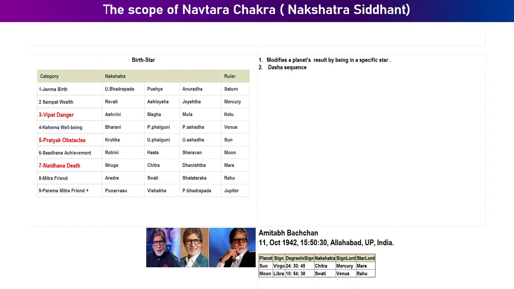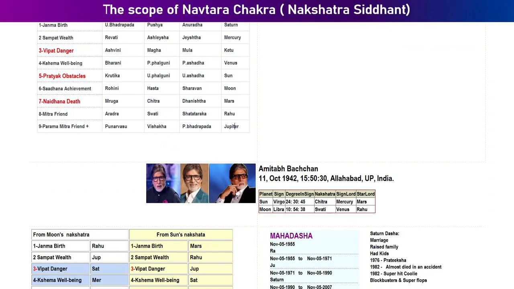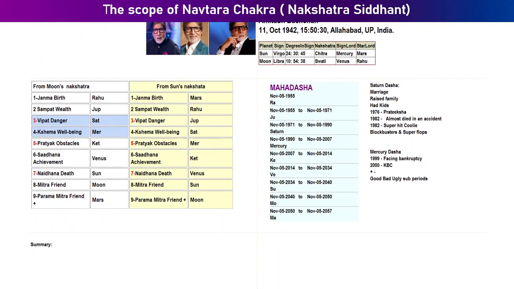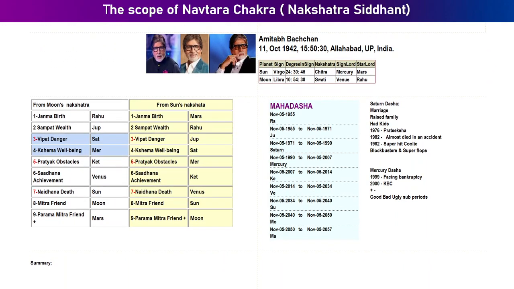Let's take this example of Amitabh Bachchan, the superstar of the Hindi film industry. Let's take his chart as an example. So I've just mentioned the degree of the moon for these birth particulars, which I got from the internet,